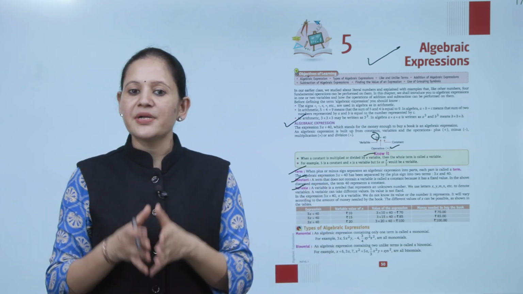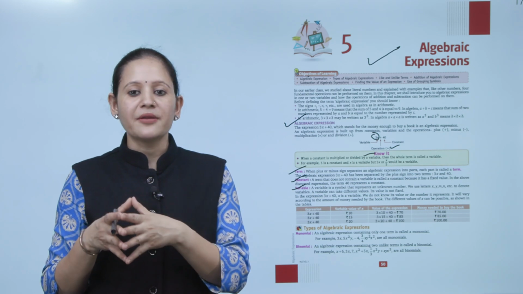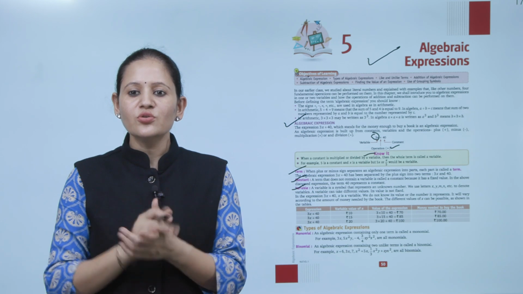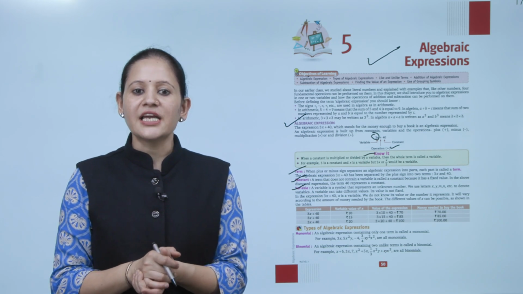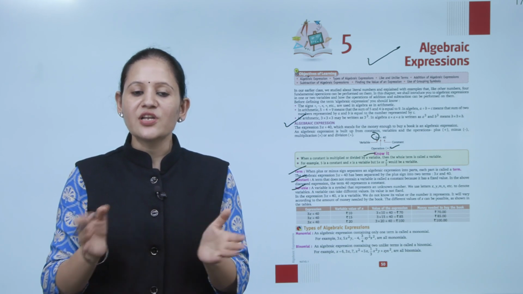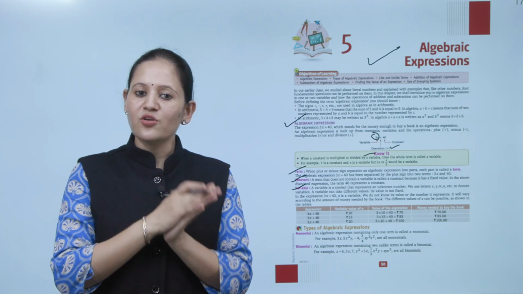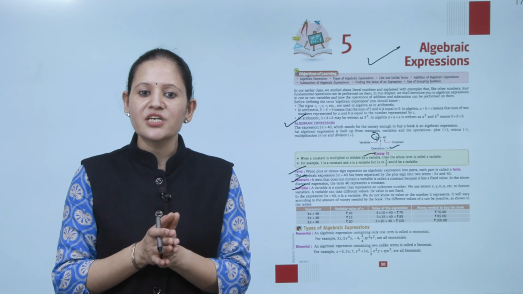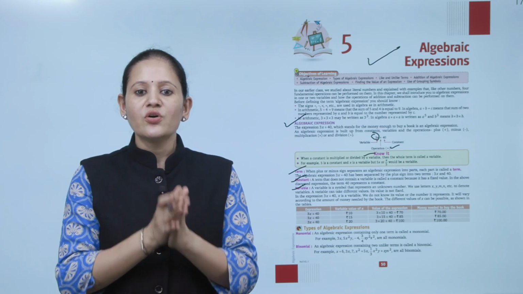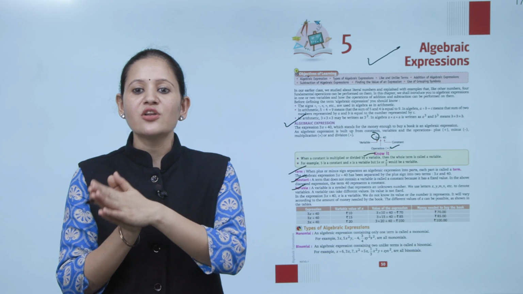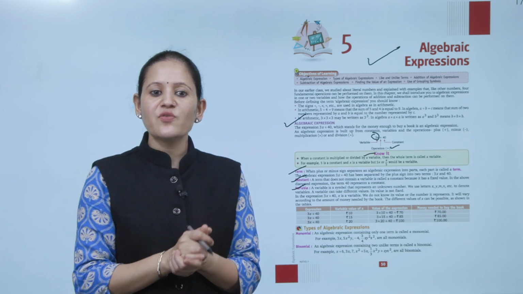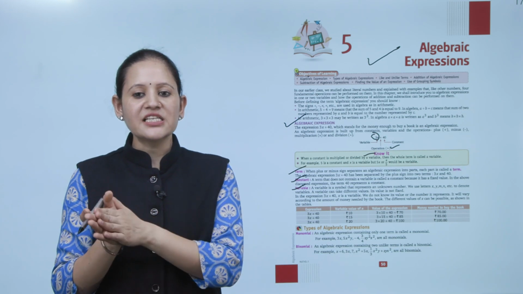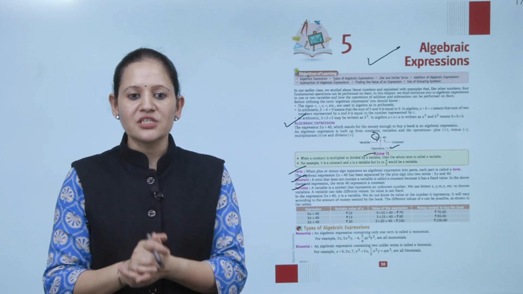A variable is a symbol that represents an unknown number. We use letters x, y, m, n, etc. to denote variables. A variable can take different values. Its value is not fixed. In the expression 3x plus 40, x is a variable. So we do not know the value of the number it represents. It will vary according to the amount of money needed to buy the books. Different values of x are possible, as shown in the table.